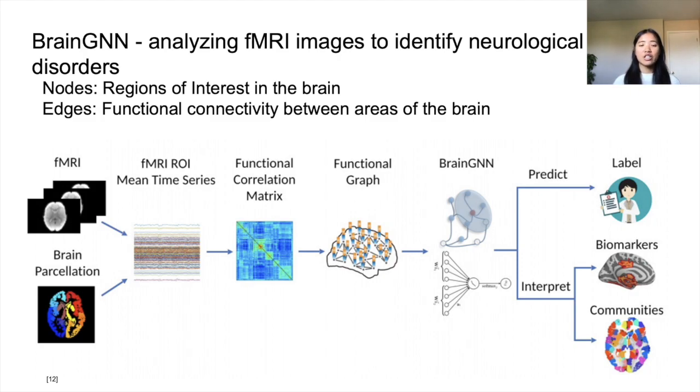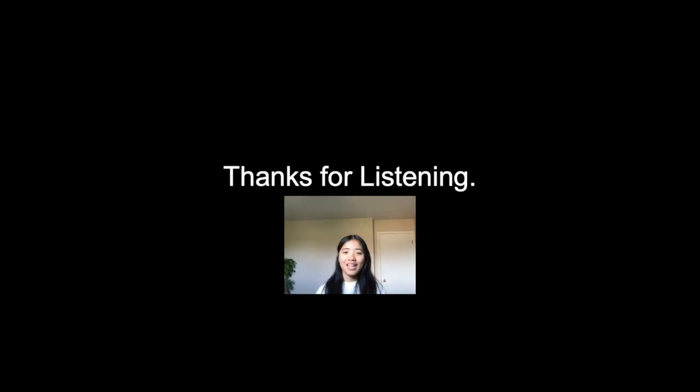Now, they used this technology on an autism spectrum disorder dataset and were able to find that the results were quite similar to previous neuroimaging analysis technologies. As you can see, graph neural networks have gained a lot of momentum in the past few years. I'm excited to see what else we'll be able to do with this technology,